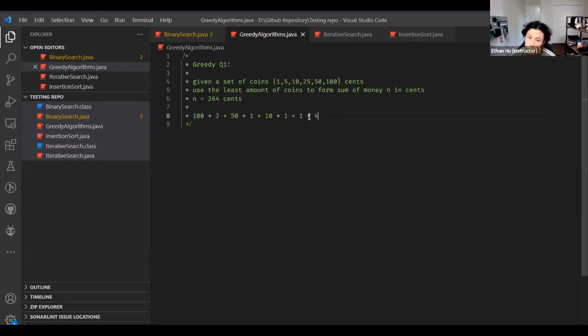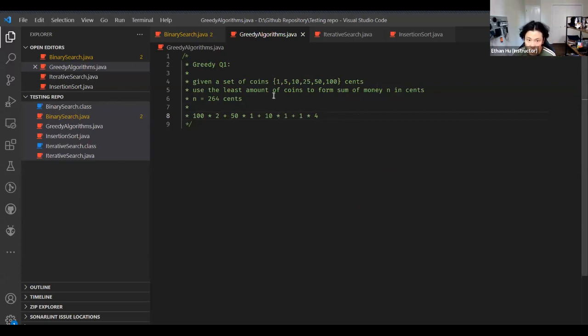So it turns out, at least for these kinds of coins, it is going to be the optimal solution, because as long as you have more than one copy of the same coin, let's say if we have 2 copies of 25, you could replace it with a 50 for sure. If you have 2 50s, you could replace them with a 100 for sure. So that way, in these cases,